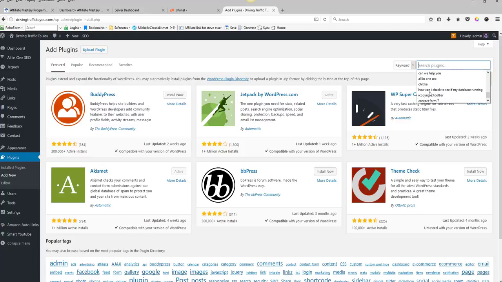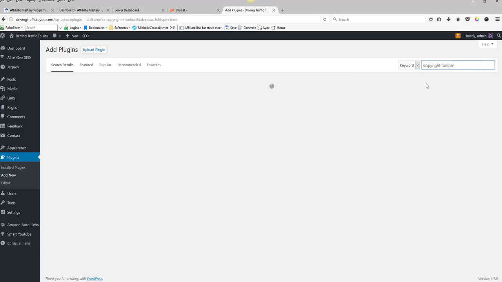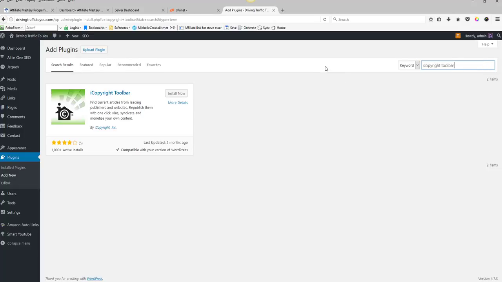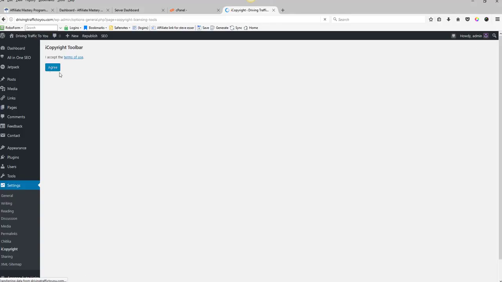And we're going to install iCopyright Toolbar. iCopyright is spelled ICOPYRIGHT, one word, and the second word is Toolbar. Install now. And once it's installed, you activate. Now when you activate iCopyright Toolbar, there'll come a little box up the top that says Agree. Just here, see? So you click on Agree,